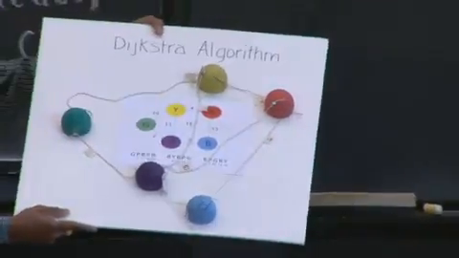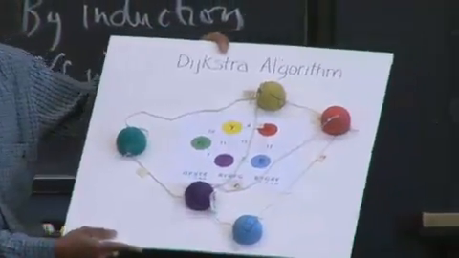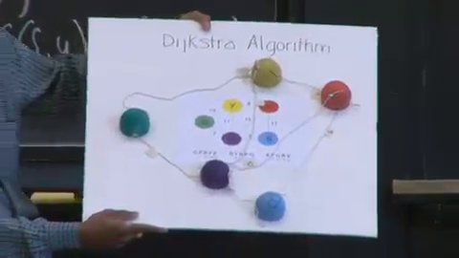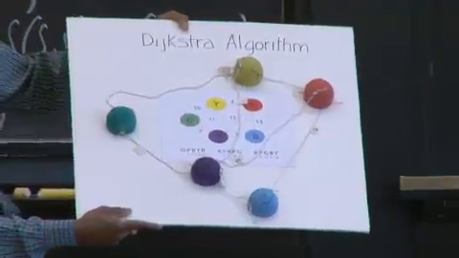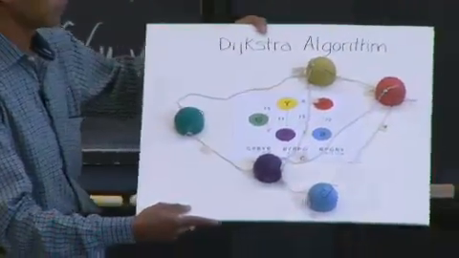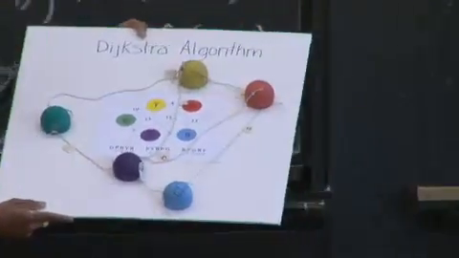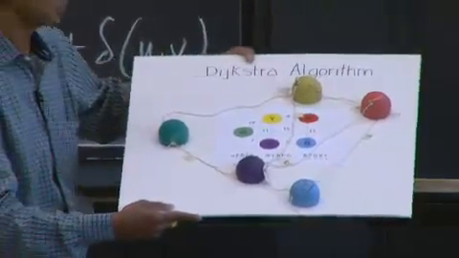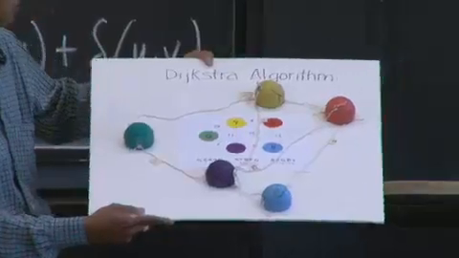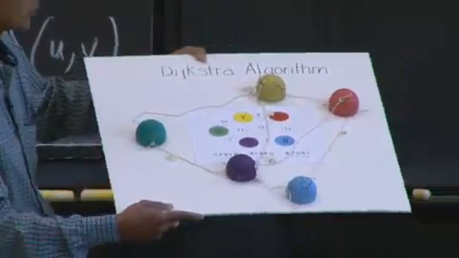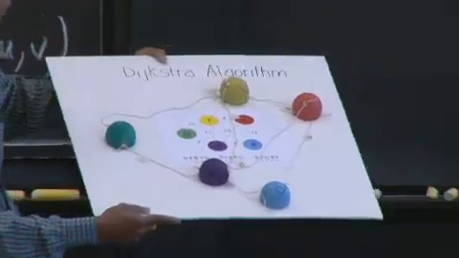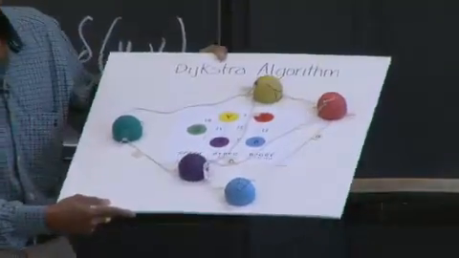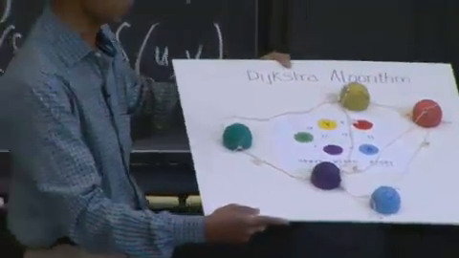And each of these things are nodes. The balls are the nodes or the vertices. And I've drawn the picture over there. And G stands for green, and Y stands for yellow, et cetera. So this graph is essentially what I have out there. And I've put strings connecting these balls associated with the lengths of the weights that you see up there. So if I got this right, the string that's connecting the green ball to the yellow ball up on top is 19 centimeters, and so on and so forth for these other ones. All right? So that's Dijkstra.